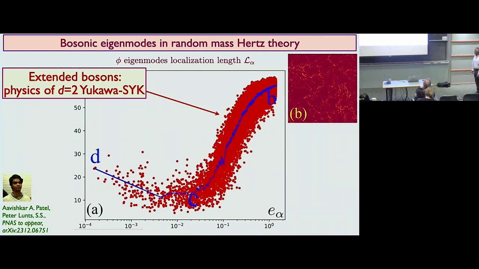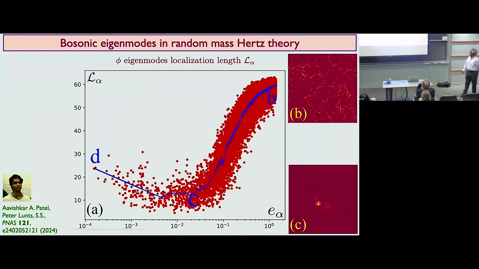Okay. All right, but now what's remarkable about this result is that as you lower in energy, the localization length goes down. So the boson seems to localize, but it's non-monotonic. So here, if you're at point C, then you have this localized boson mode. But when you go to even lower energy, notice this is a log scale. This kind of energy resolution is only possible because of the GPUs that Avishkar used and the large values of beta. And so now you see this increase, a very slow logarithmic increase in the